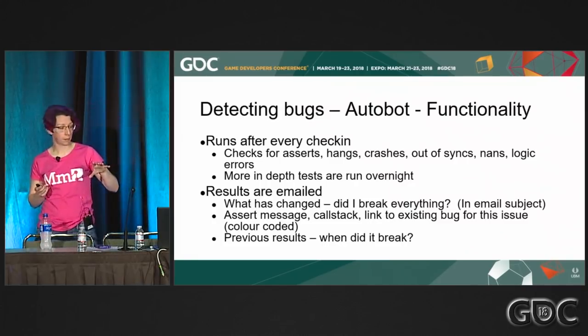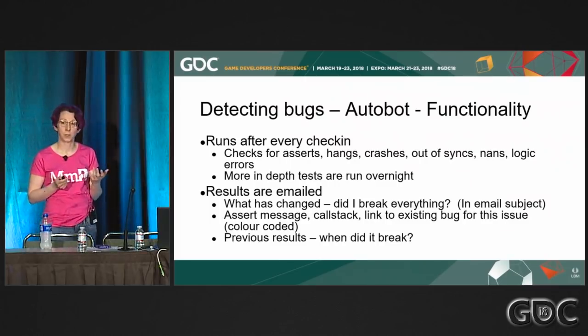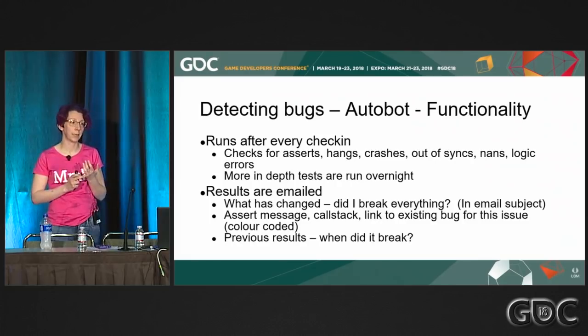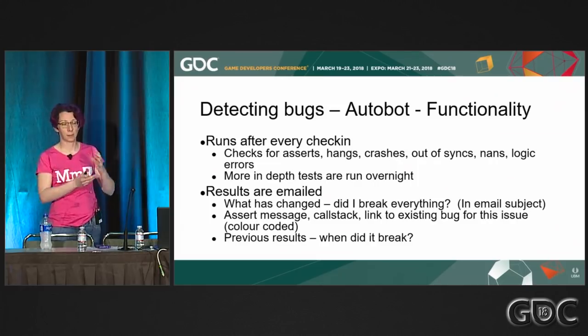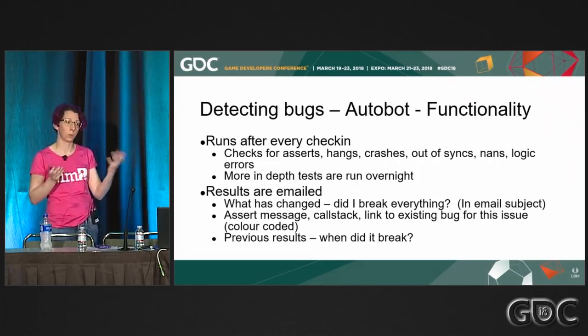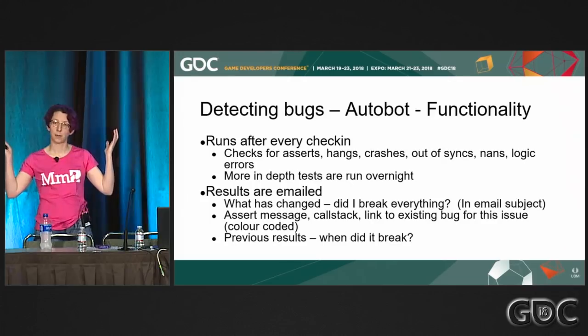So once it runs the test, oh yes, and it also runs some more in-depth tests overnight, because we're not checking in as much overnight. We've got some larger suites that test sculpting in depth. We've got some more detailed out-of-sync tests. So if something is flagged as being out of sync in the smoke test, it gets added to the out-of-sync test, which then dumps out a lot more information about what it was that went out of sync. And because it's less busy overnight, it doesn't matter about the 20-minute limit, we can just add in loads of tests.